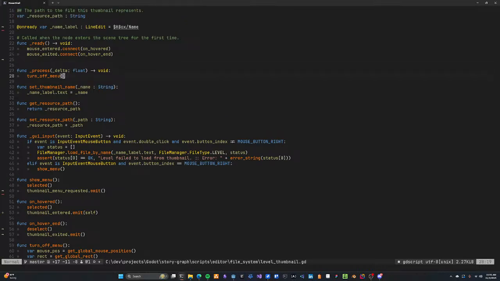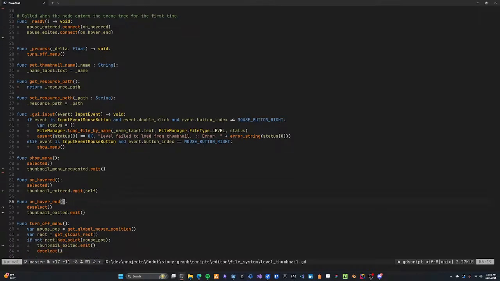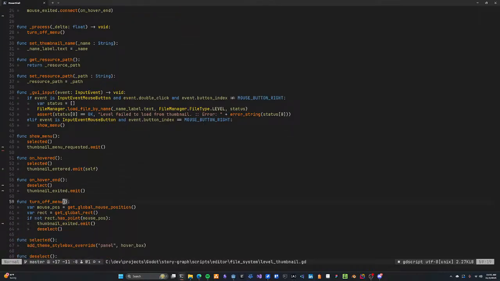Oh, in process. I usually don't do that, but I think I did that just to see if it was working, which it was. It's not working now though. I had this working perfectly when I had a pop-up menu on each thumbnail, but I was like, man, that's very inefficient, so